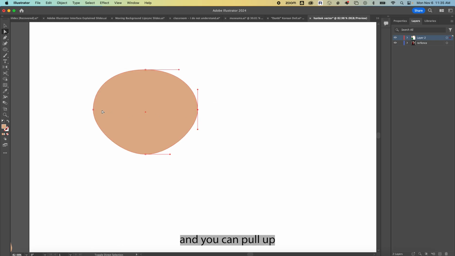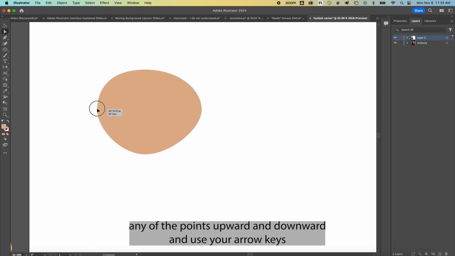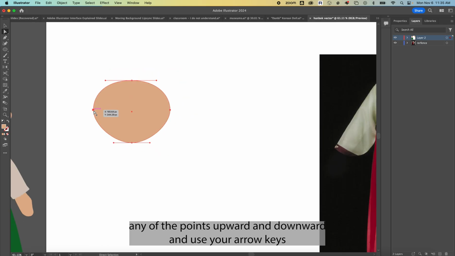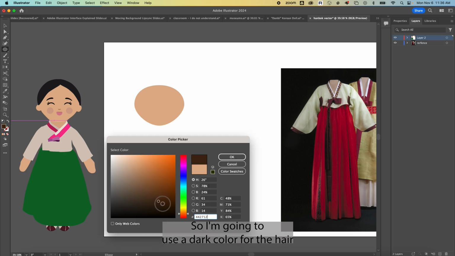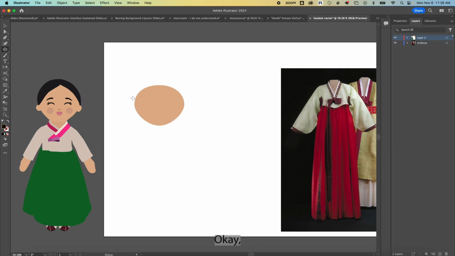And you can pull up any of the points upward and downwards and use your arrow keys to move it as well. Now what I'm going to do is use my ellipse tool again to create the hair. So I'm going to use a dark color for the hair, press OK, draw out the ellipse shape, and using my selection tool, I can rotate it, pull it outward, and then again